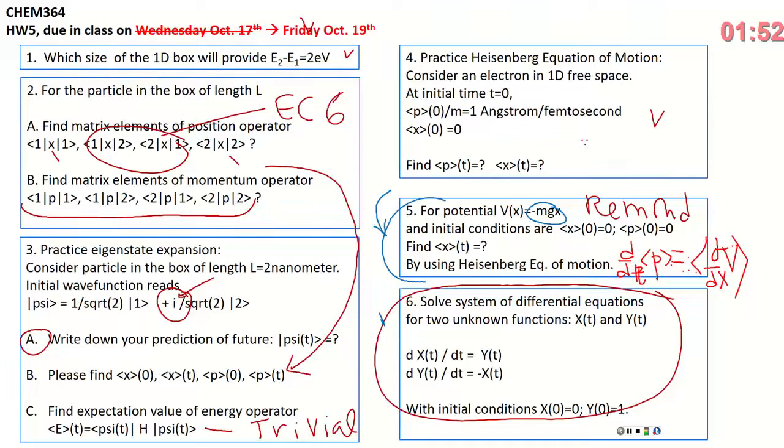So taking matrix elements of the position operator is critically important. It's like 50%, or maybe a little less, 40% of scientific efforts in theoretical spectroscopy in trying to compute the ability of molecules to absorb and emit light. So when molecules absorb and emit light, we need to compute matrix elements like this. Or if it is not molecules but particles in the box, if those are quantum dots or quantum nanowires,